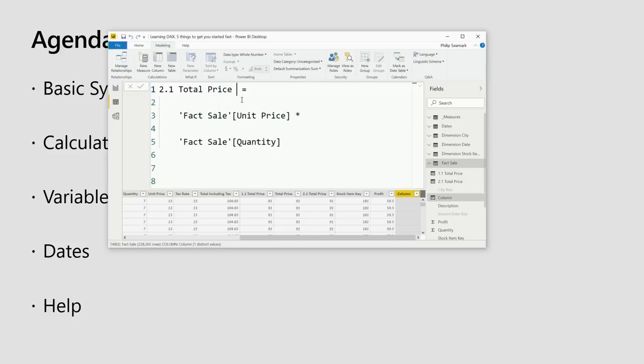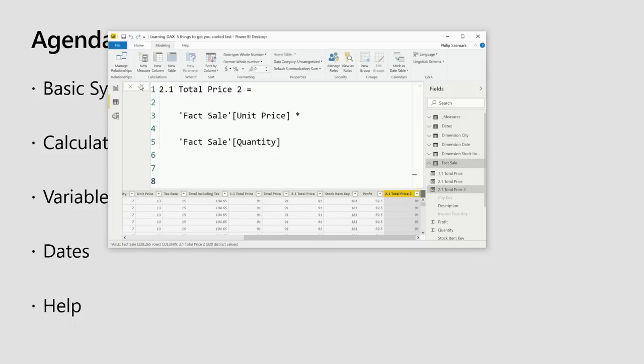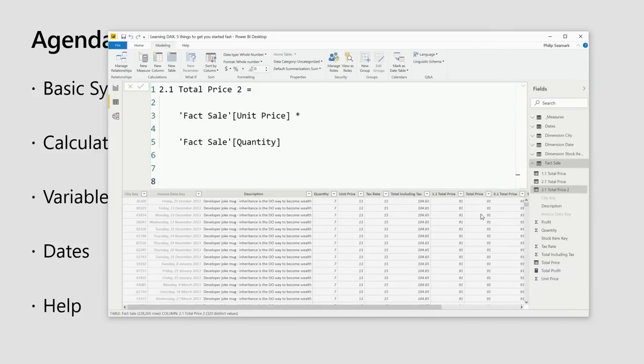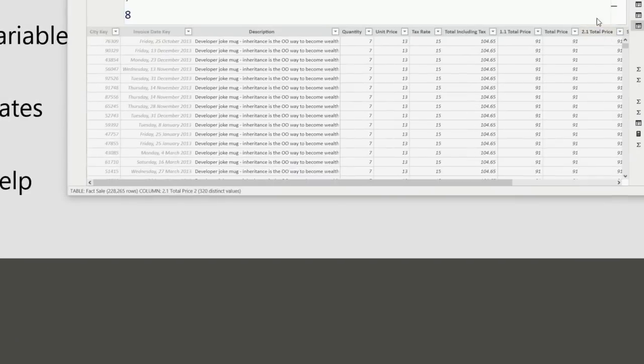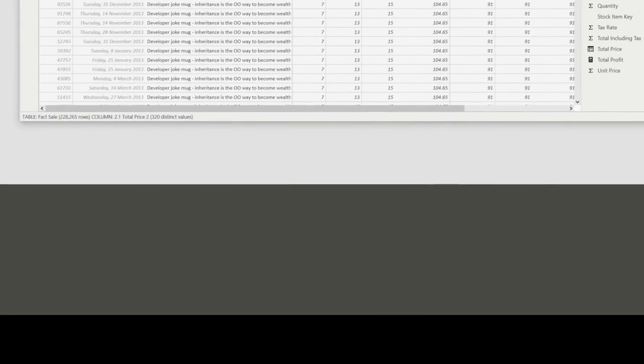So I'm going to create a very similar named column here and go OK. What a calculated column will allow you to do is very, very easily create a value based on a calculation on top of other values that happen to be on the same row. And all going well, we can see that I have created, out here on the right-hand side, my new column.